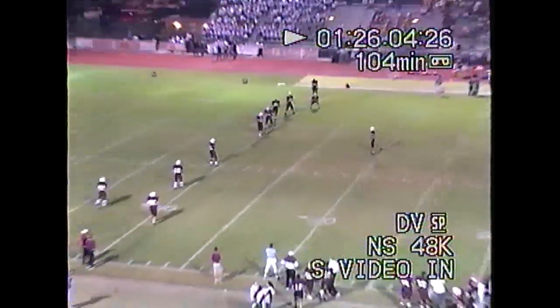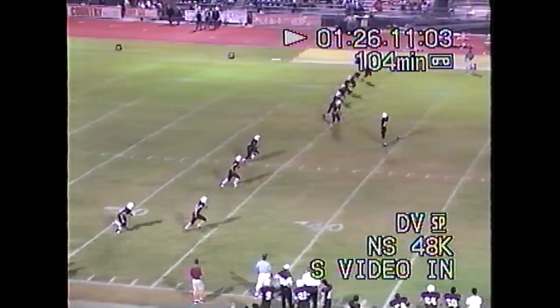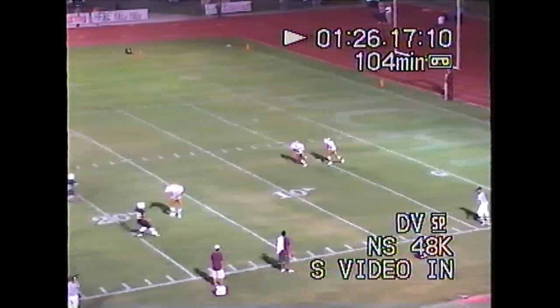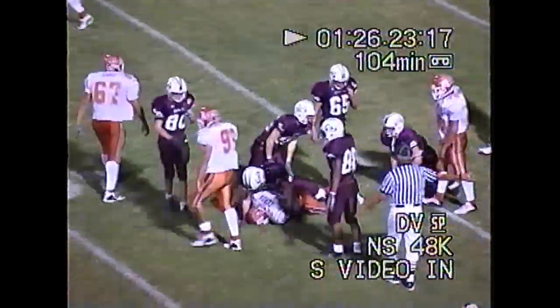Thompson tees it up at the 40-yard line. Back deep to receive for the Coyotes, Woodyard along with Cerda. Squib kick. That one rolls. Woodyard picks it up at the 3-yard line. He's going to bring it out. Got a man in front of him, but he's going to be hit at the 15-yard line, and he'll be brought down